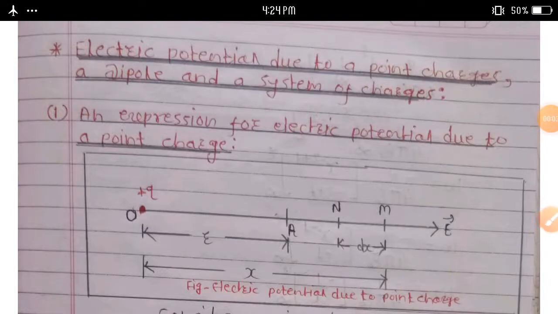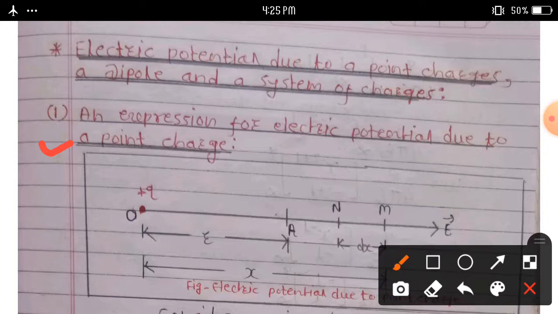Today we learn a new topic: electric potential due to point charges. Next, we can discuss electric potential due to electric dipoles. And third, we can discuss electric potential due to a system of charges. These three points we can discuss one by one. Firstly, we can discuss